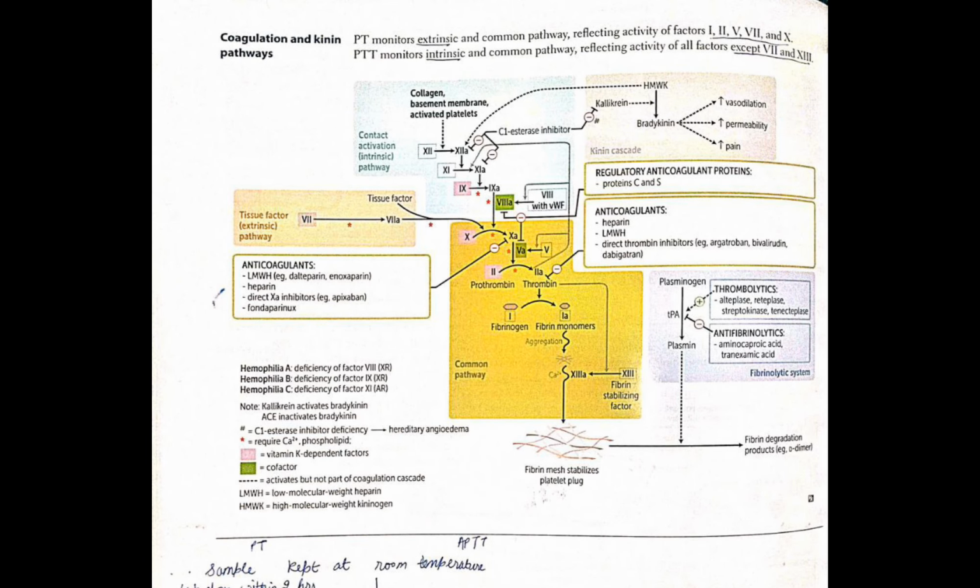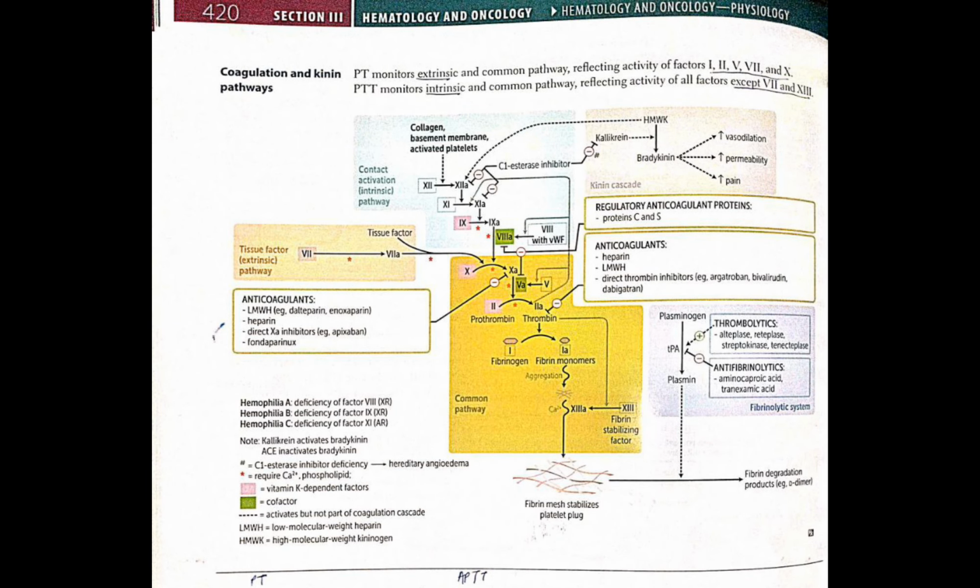Then we know that PT monitors the extrinsic pathway, and how will we know which factors? Factor 7, then factor 10. Factor 7 is in the extrinsic pathway, and all the other factors are in the common pathway. Factor 10, then after 10 comes 5, 2, then 1,